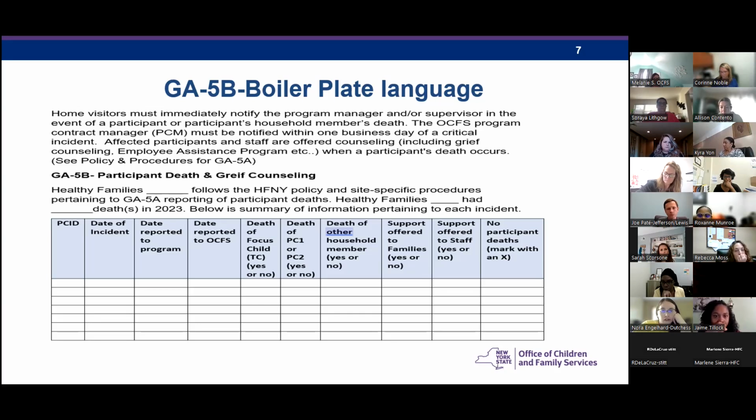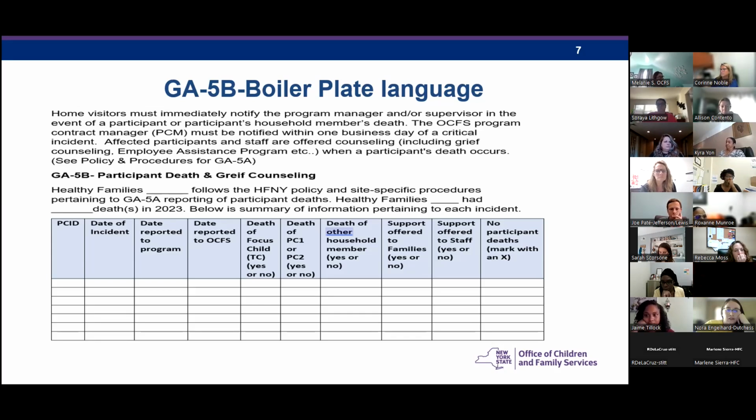But this is just around notifying program manager or supervisor, I'm sorry, OCFS program contract managers, when there's a participant death, or death of another household member,